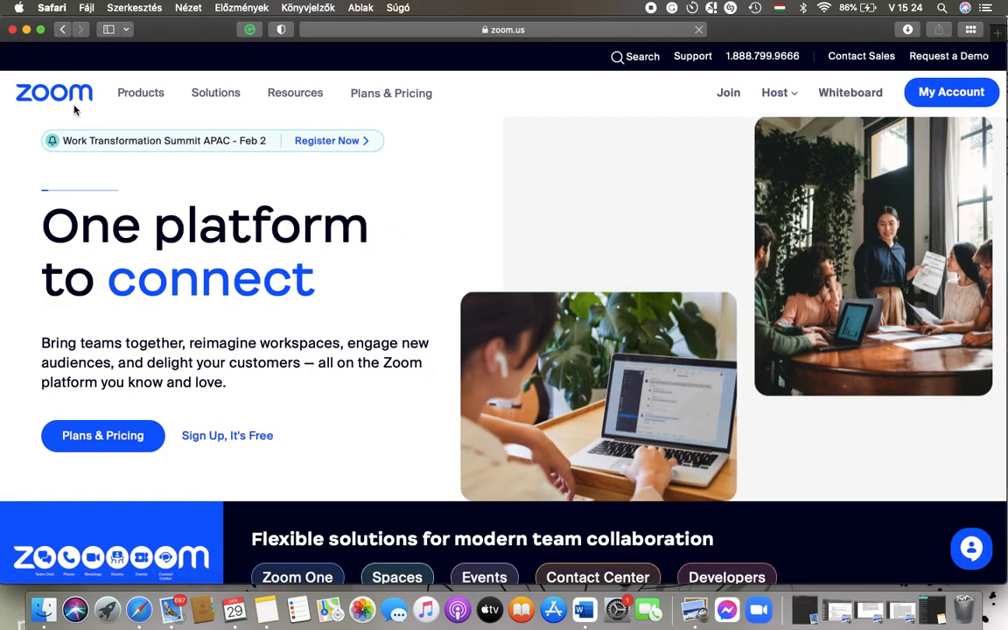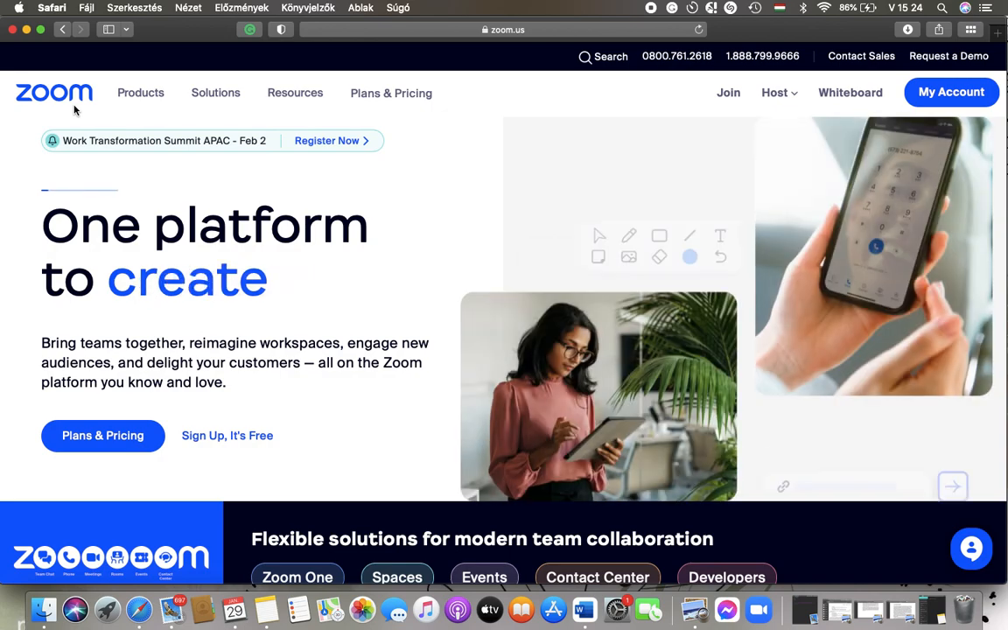Hello guys, in this video I am going to show you how to show Zoom windows during screen share on